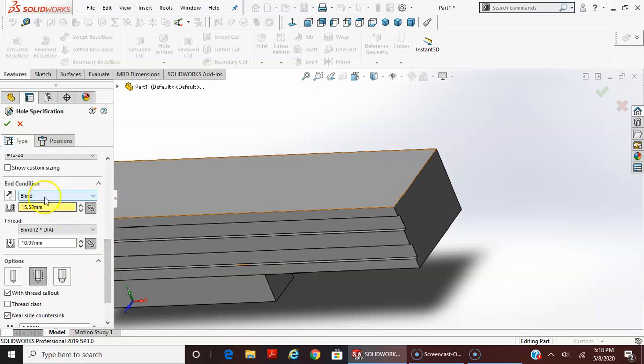So I actually have this selected for blind. This is the blind condition. This is the blind hole depth, and this is for the blind hole. This is for the tap thread depth. And I think on the drawing, or some of the other drawings that I had done, maybe on the midterm even, I had said,